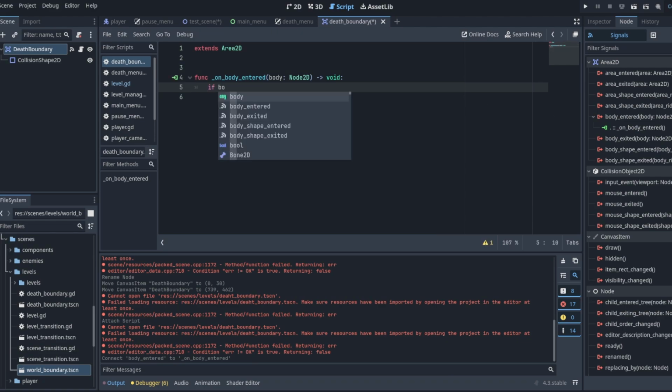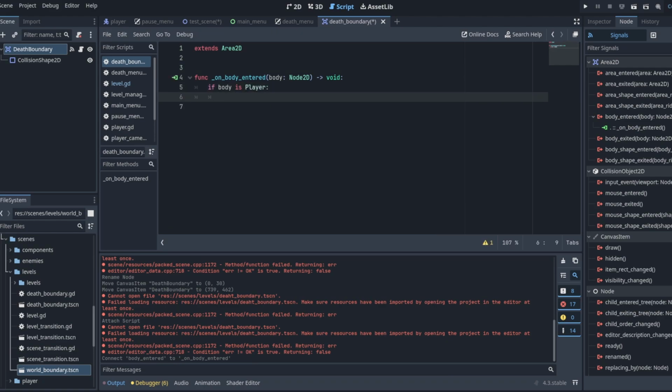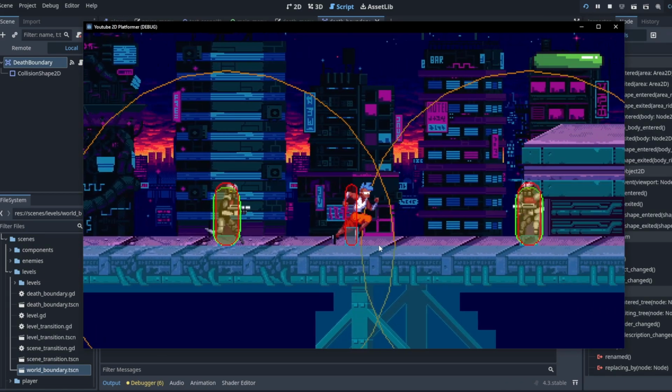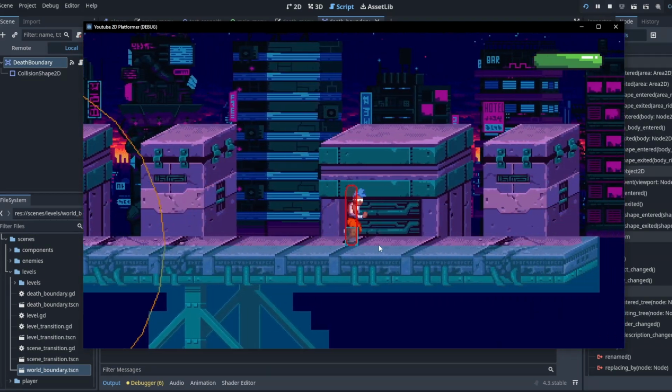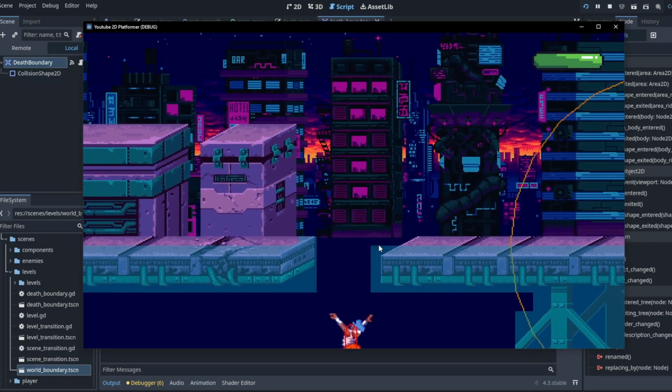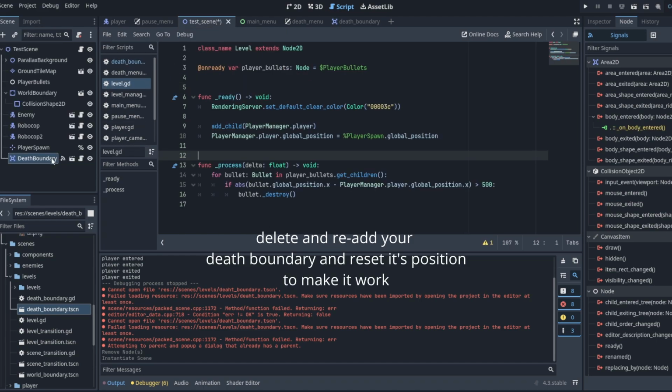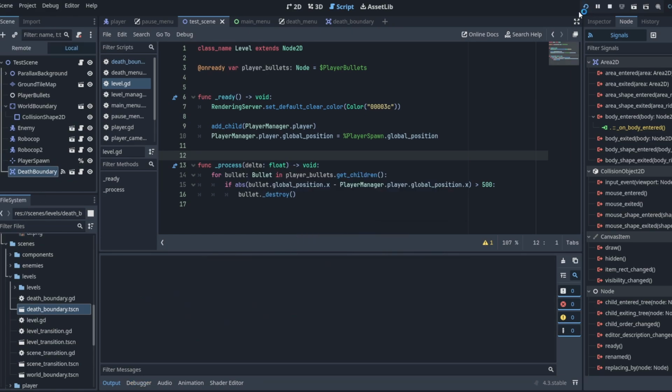And then if body is player, player manager, player manager dot player die. Okay. So now when we fall to our death, we should instantly hit that scene. Okay, that didn't work because when I was renaming it, it didn't properly connect. So if you re-add the death boundary, you'll see that these all have their signals now. And now when we play,